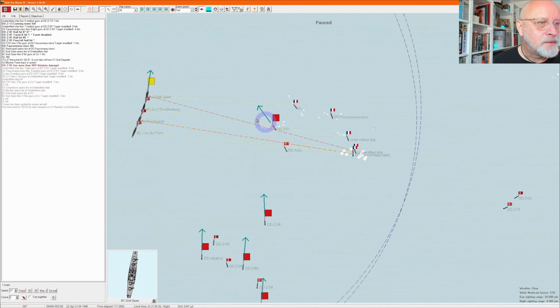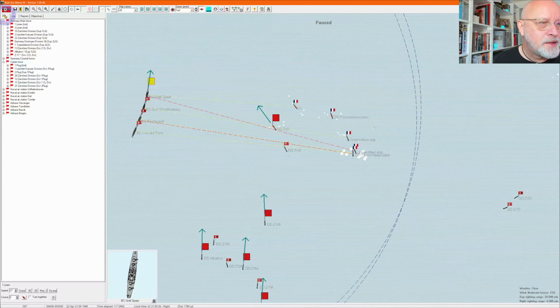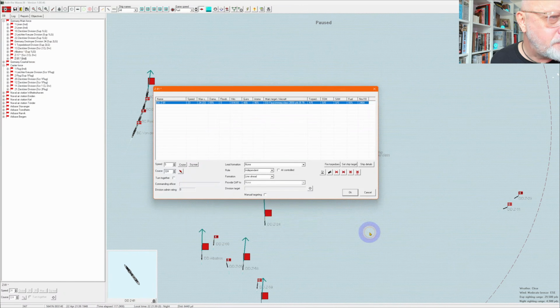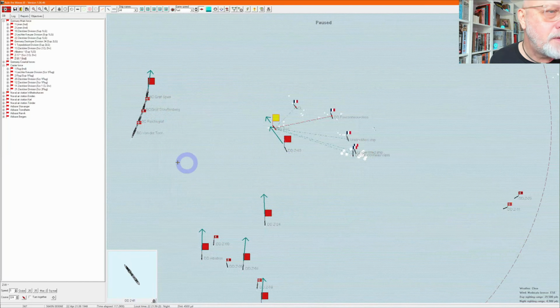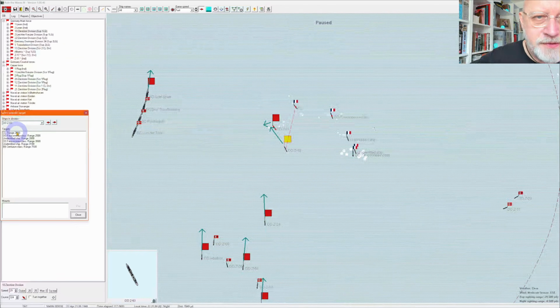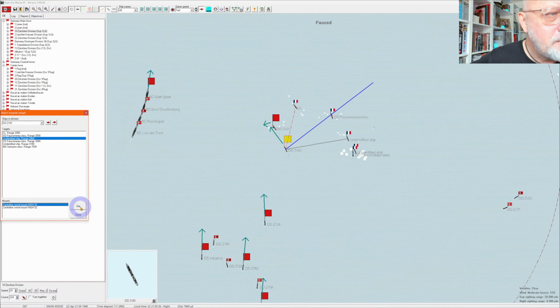Boom. Okay, so let's detach Z81. Okay, that's just taking it back. So a lot of flotation damage, but no flooding. So let's just limp it away out of harm's way. And let's also, whilst we're this close, see if there's any torpedoes worth shooting. There's that. Okay, let's fire one of them